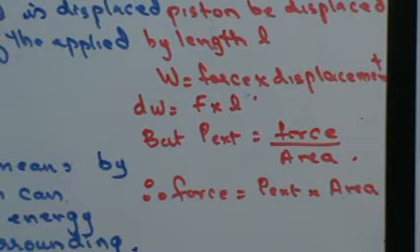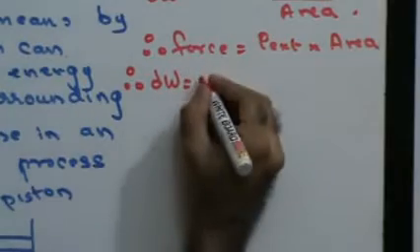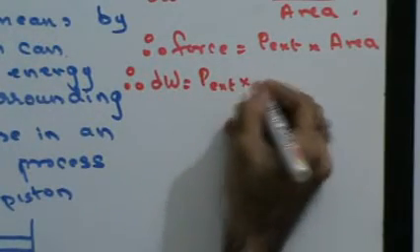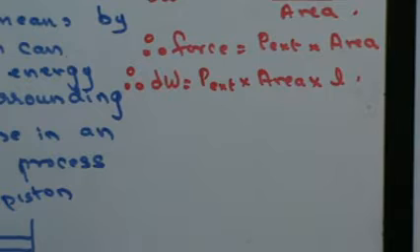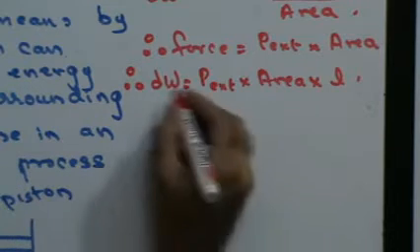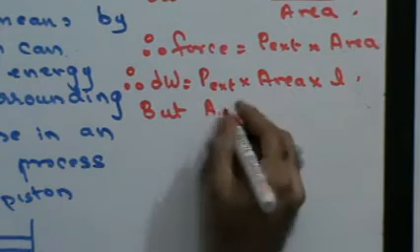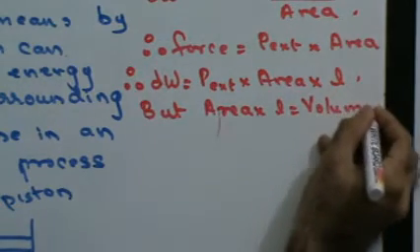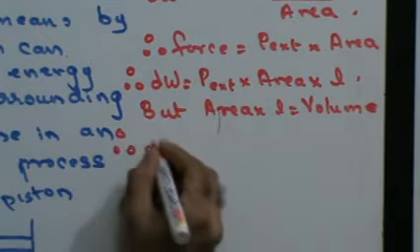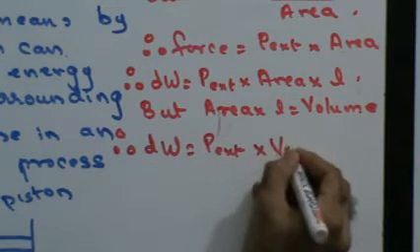I can substitute this value in the equation of work. Instead of force I can write pressure into area into length, but area into length is nothing but volume. Therefore, work done is P external into volume,